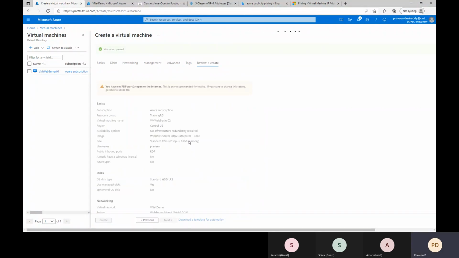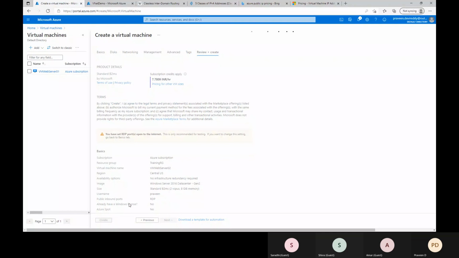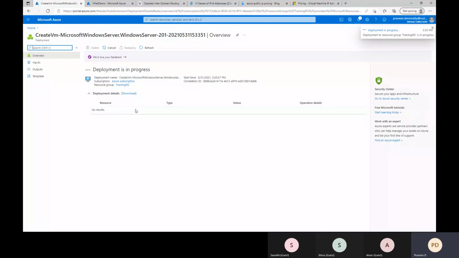Once we create this VM, we can create one more VM under DB server and see what will happen. There are two web server VMs under the web server subnet. Now we will create one more VM which will fall under the DB subnet and we'll see what the IP address is for that.